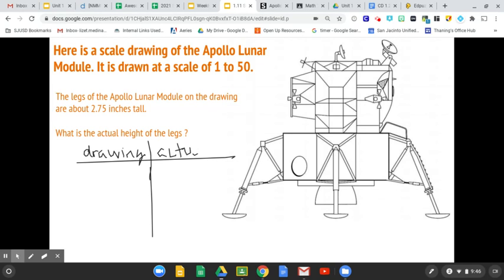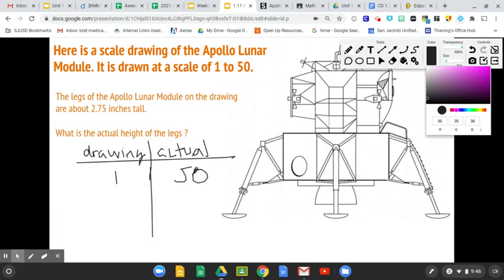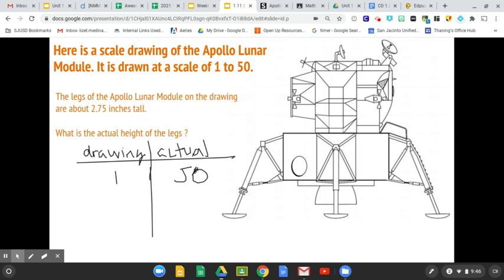And then we have to fill in our scale, 1 to 50. And we should be filling in how we use that scale. Multiply by 50 if we're going from left to right, and then divide by 50 if we're going the other way,